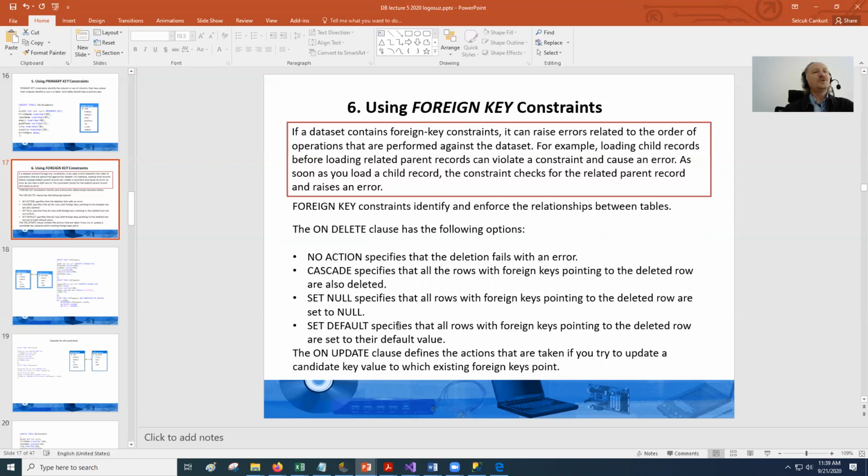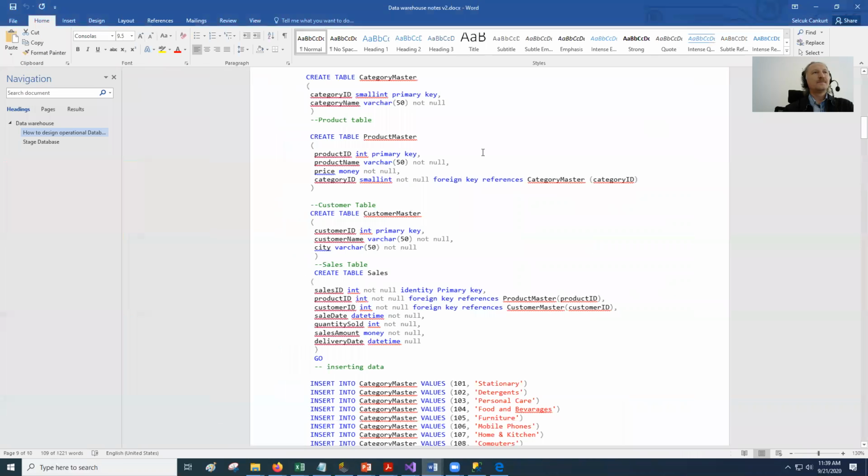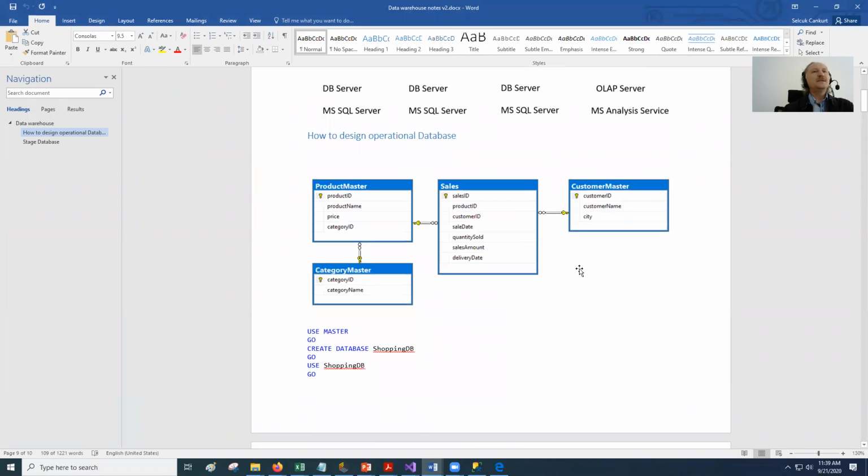You can tell now this solution. What is that solution? For example, which table is a child, which table is a parent? This is a child, yes, because it has a foreign key inside it. This is the child. You can load this table first. After that, you can load this one. Yes, but you cannot load this one. Why? Because this is a